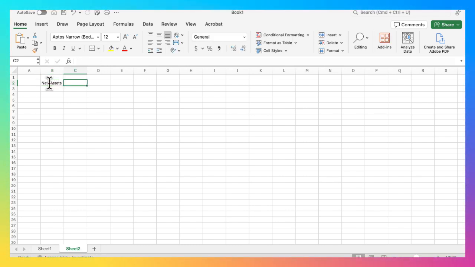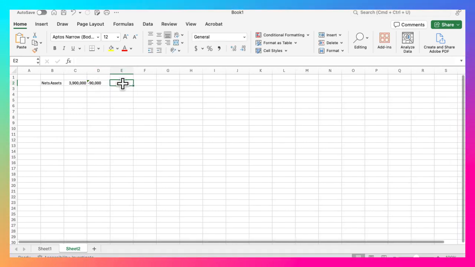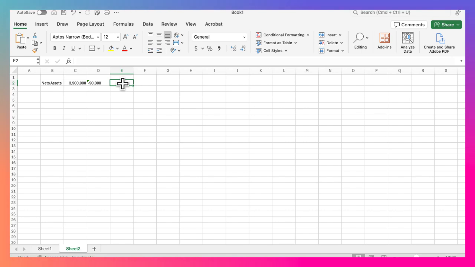So we know that the assets are $3.9 million. We know the liabilities are $900,000. So when I subtract those two, I see I get $3 million of net assets. Okay, cool. Now remember, we're purchasing